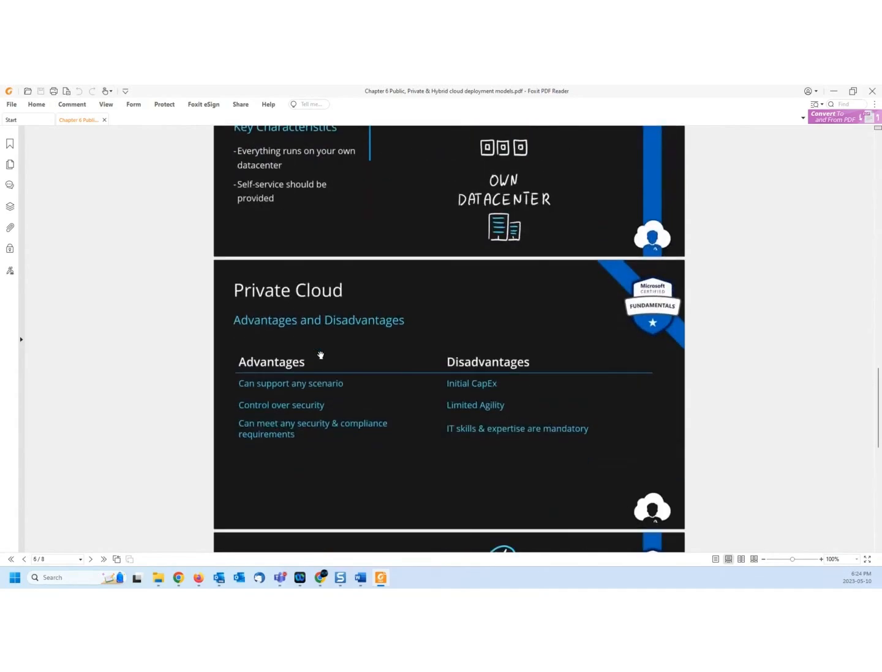But here you go. If you look at the private cloud's advantages, it can support any scenario because it's your own hardware. You have your own control over your security and can meet any security and compliance requirement because this is all in your hands. But the problem is, again,